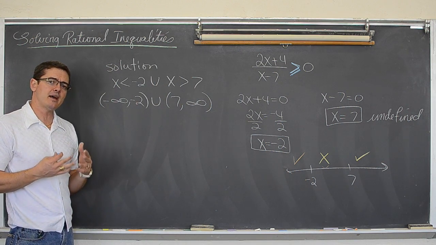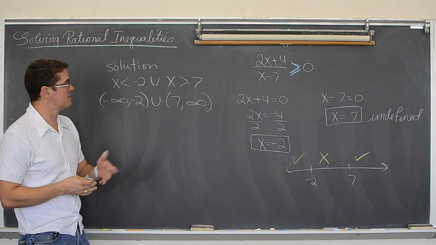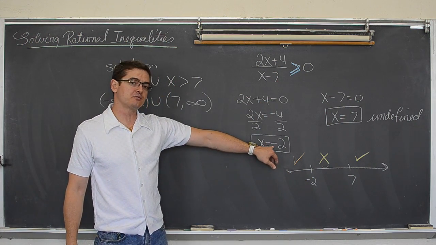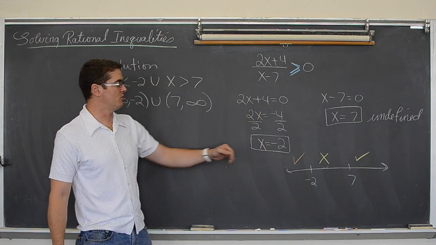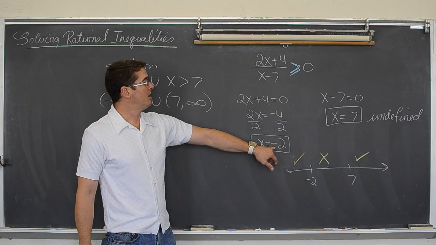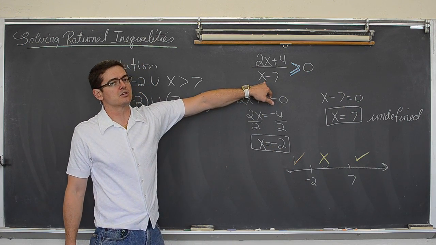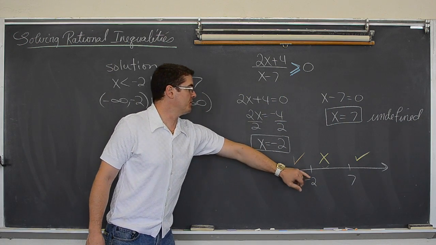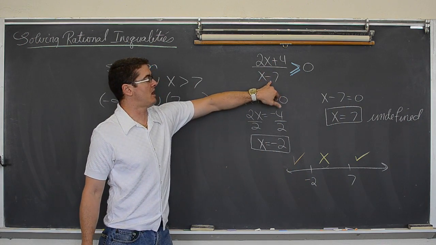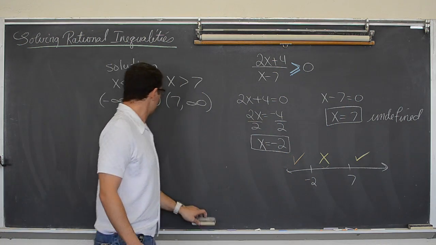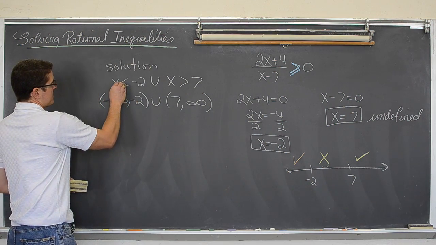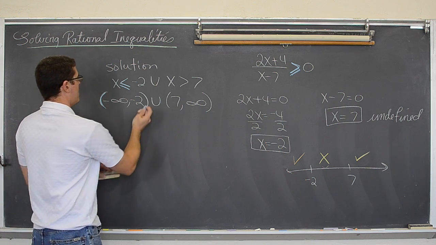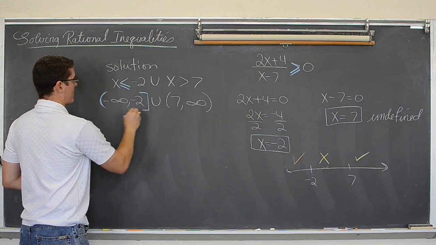but I also have to check the actual x-intercepts, because, well, with equals, can I use negative 2? Not just to the left of negative 2, but can I use negative 2? Well, as long as I don't make this original rational function undefined, I can use it. So negative 2, when plugged into here, is not going to cause this to be undefined. So x can be less than or equal to negative 2. And with any inequality interval notation, that's a square bracket.